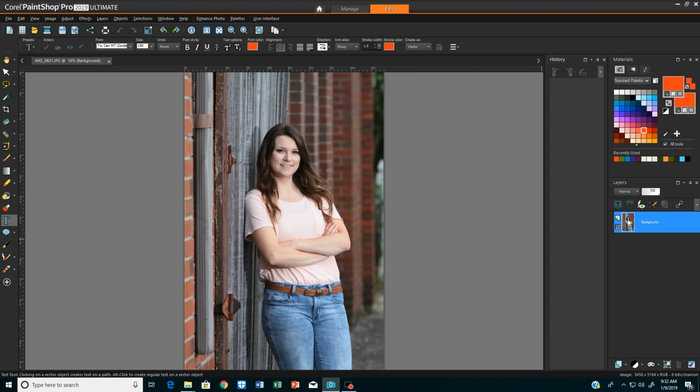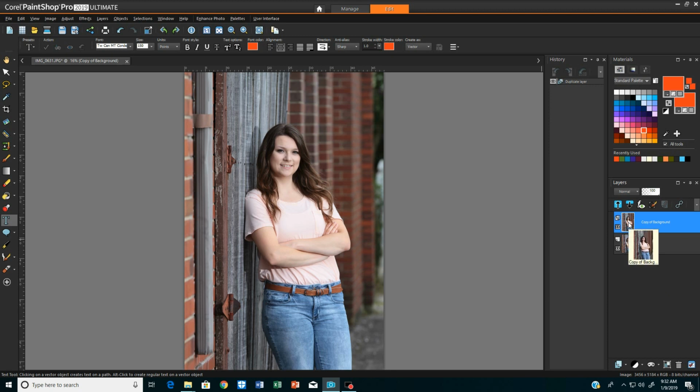So when you see the layers, you're seeing a layer of that image, just like if you had it in front of you on a piece of paper. So we don't want to work on that image. We want to retain the integrity of that image. Just like maybe when you were young, if you wanted to trace something, you would lay another sheet of paper over top of your original, and then you could trace on it. So that's what we're going to do over on the Layers palette. I want you to right click and duplicate. So you've duplicated that image. You have two images now, and you're never going to work on this bottom image. We're going to work on this top one.